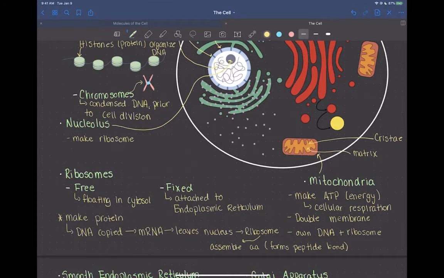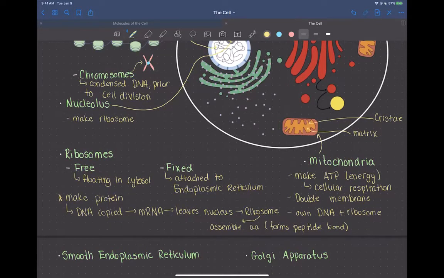All right, so we're going to stop there, and then we'll pick up with the smooth endoplasmic reticulum in our next